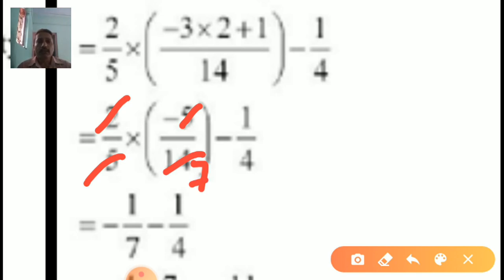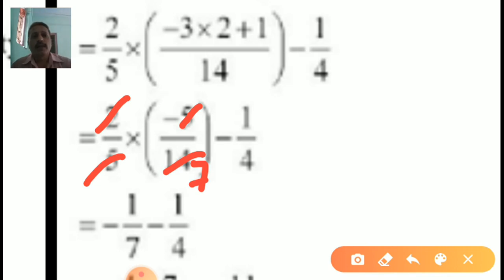Now you remember the table. That's why I have already said a number of times, you should learn by heart tables 1 to 20. Then and only then can you solve all the questions very quickly in your board exam. If you don't know the table, there is a chance of making a mistake.